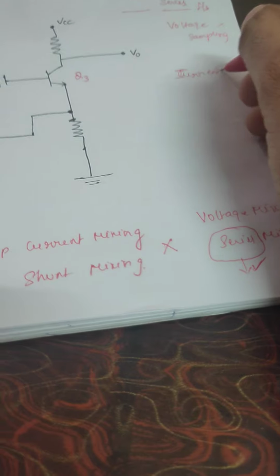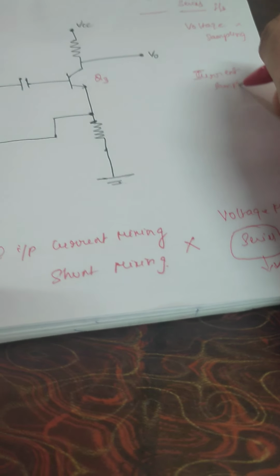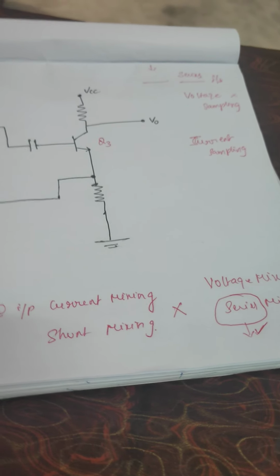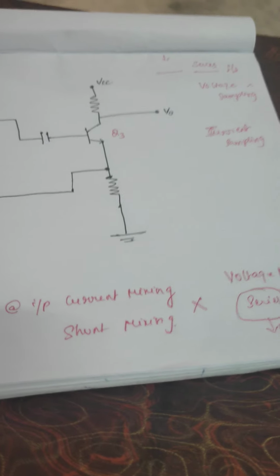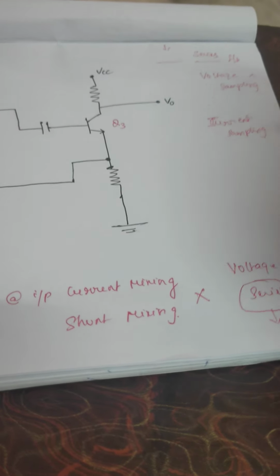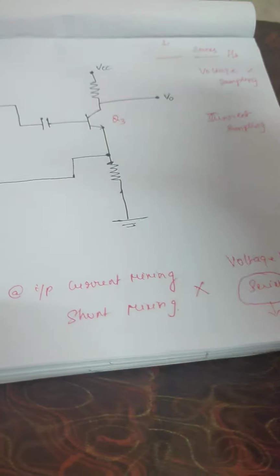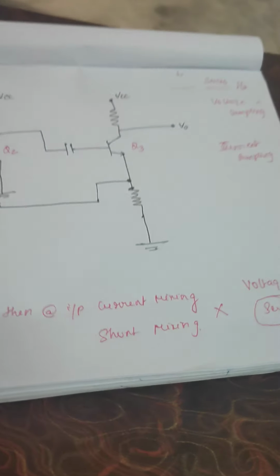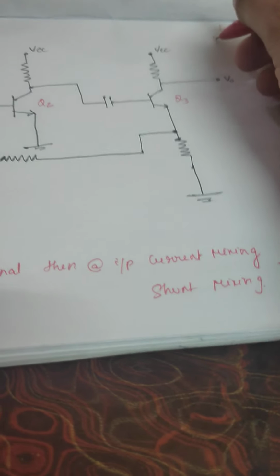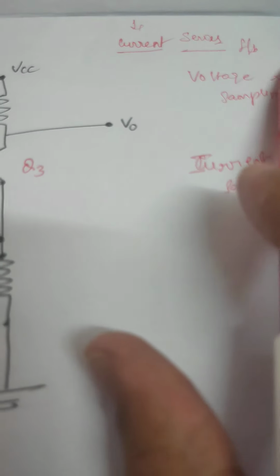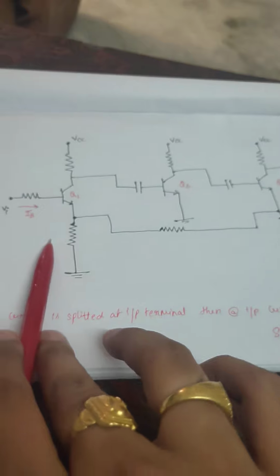Current sampling. Just go for an alternative. If one is not possible, then it should be the other. If you are doing head and tail, if head is not possible, what are you going to say? Tail is the possible one, right? Similarly, if voltage sampling is not possible, obviously it has to be current sampling. So the first term is also solved. Now it is current. So what is the topology you have observed? It is a current series feedback amplifier. So this circuit belongs to the current series feedback amplifier.